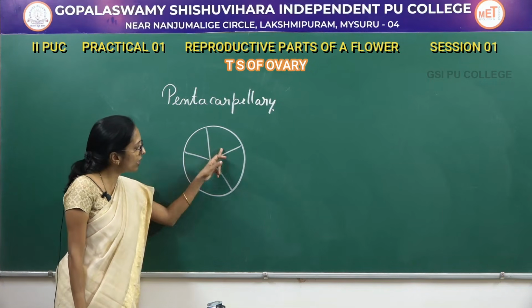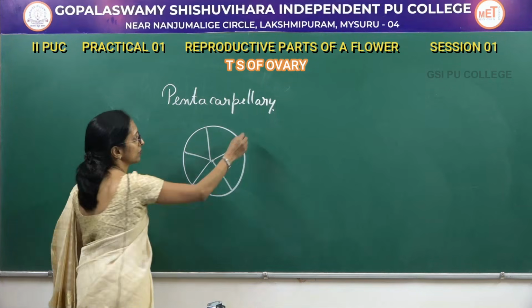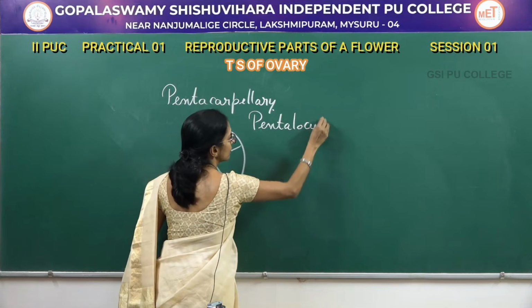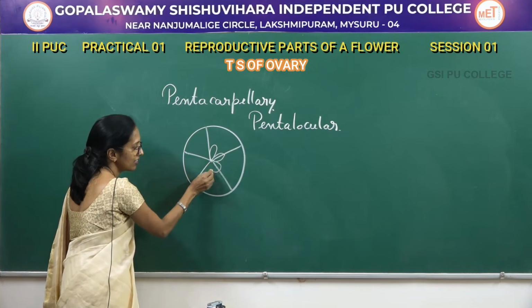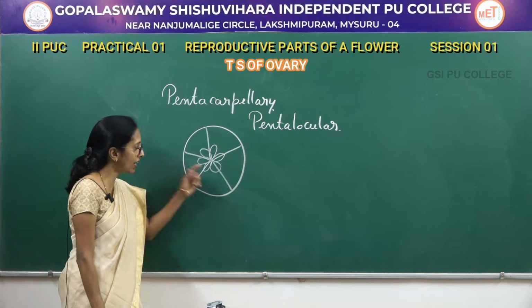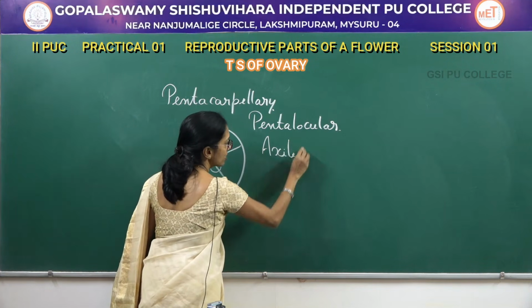And then you can see 5 locules, therefore it is pentalocular. And then you can see the ovules are present in the central axis with the septa, therefore it is said to be axile